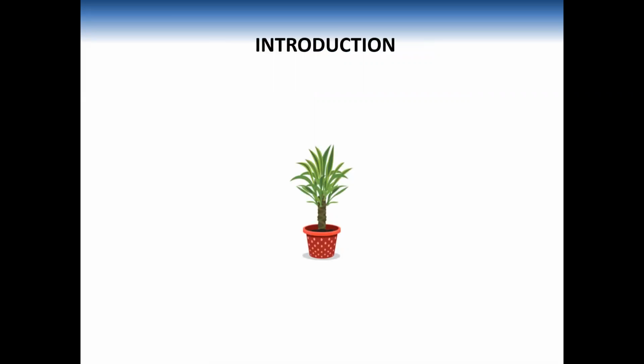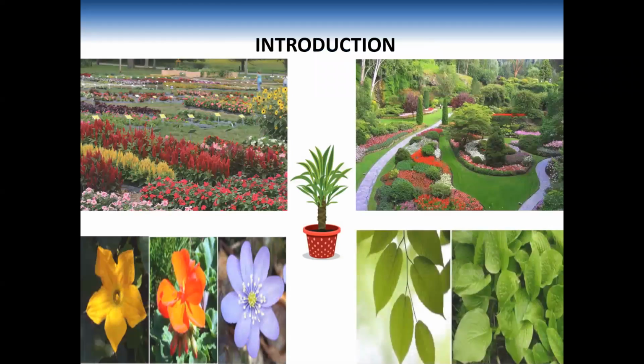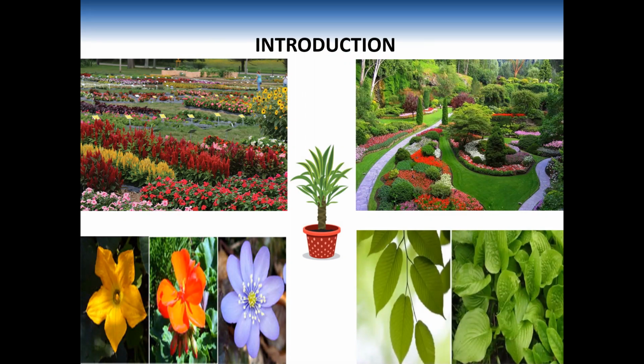Children, we know that plants play a very important role in our lives. They provide us oxygen and the food that we eat. If you look into your surroundings, you will be able to see a lot of variety of plants and trees. In this chapter, we will be discussing different types of plants on the basis of their characters, and different parts of a plant like stem, leaves, flower in detail.